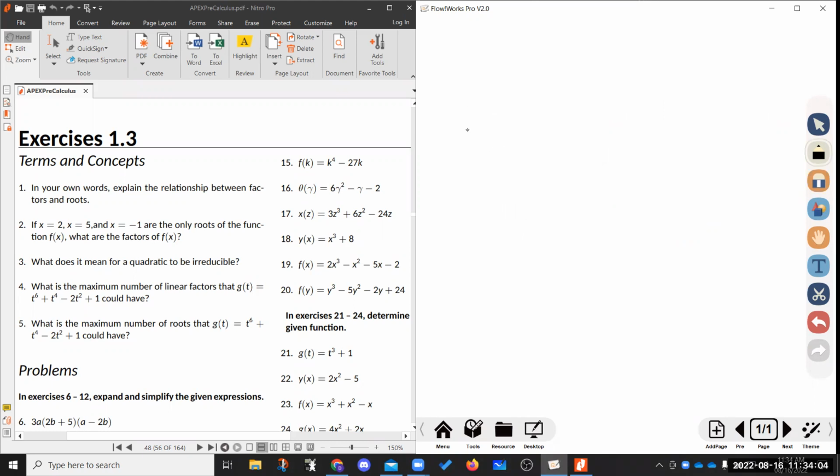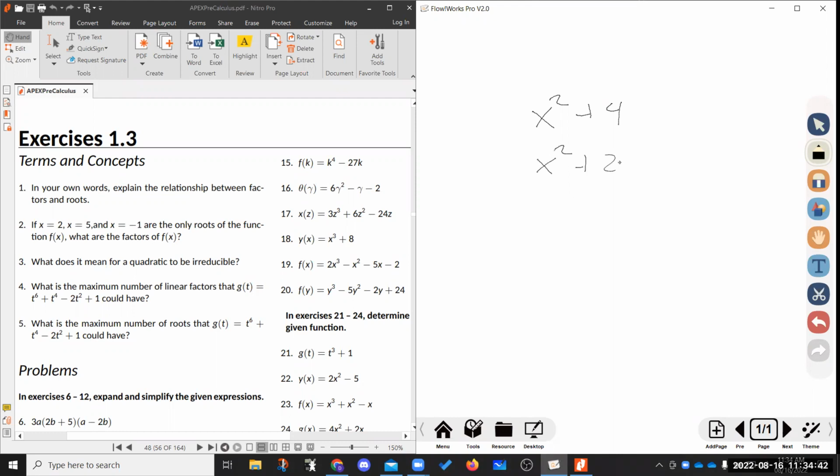What does it mean for a quadratic to be irreducible? It means that it can't be factored across the reals. So it's going to have zeros or roots from the quadratic formula that have a square root left in them, or it may have complex answers that have a square root of a negative number in them. But we're going to see something like x squared plus 4 would be an irreducible quadratic because that doesn't factor across the reals,